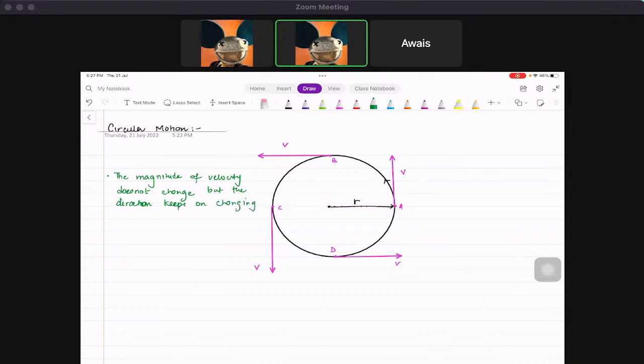So there is always a change in velocity. Okay,